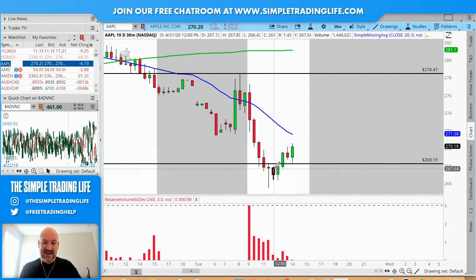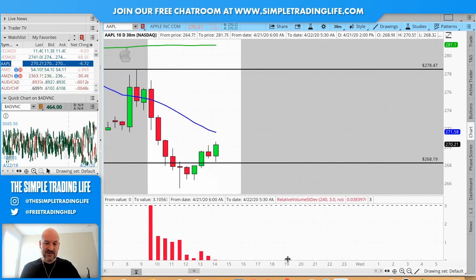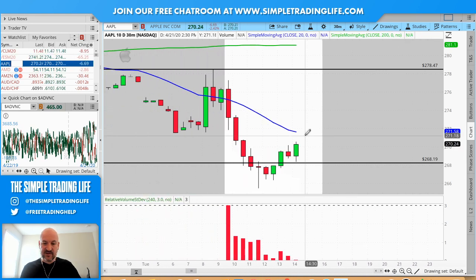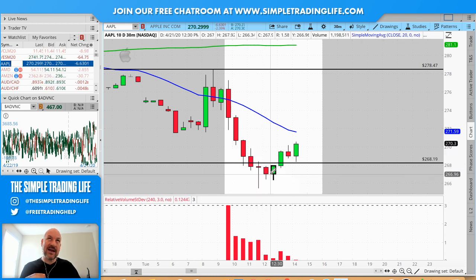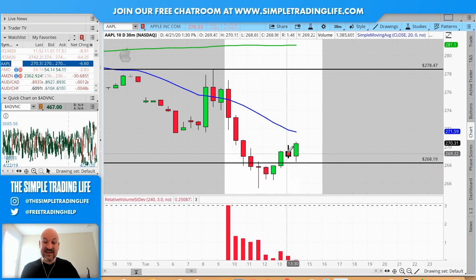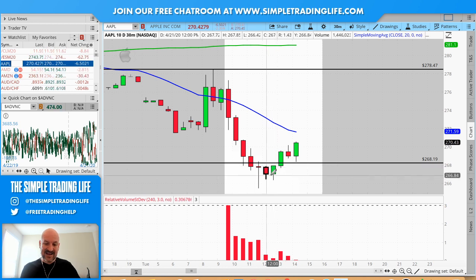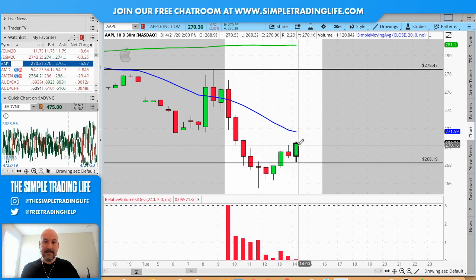And as you can see, the next candle, I try to tell the folks in my room all the time, a Doji hammer will act like a regular hammer, but it's usually not quite as strong or not quite as predictable. And this is a good indication here. It did eventually start back up, but look at the next candle. Next candle went down. This one, again, it kind of came up a little bit, but still kind of flat. And then finally, the third candle, it started to move up.